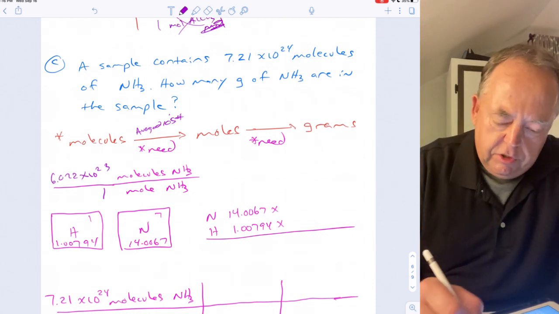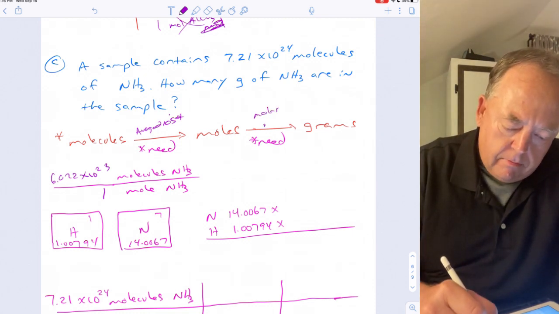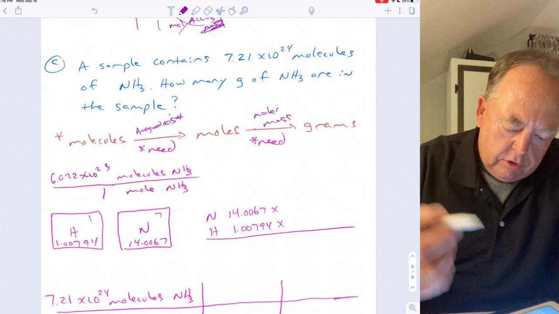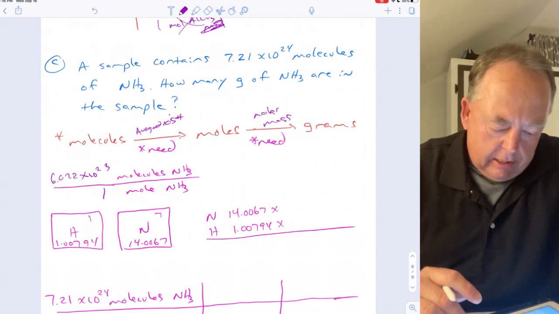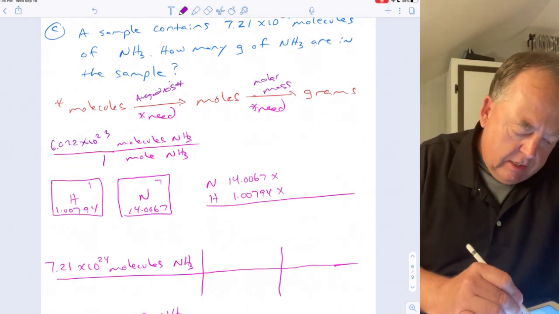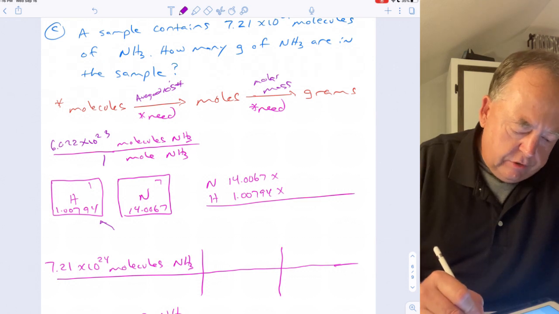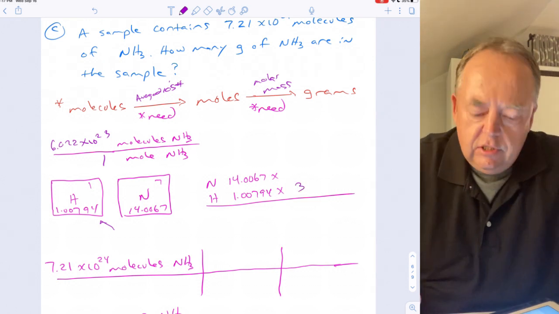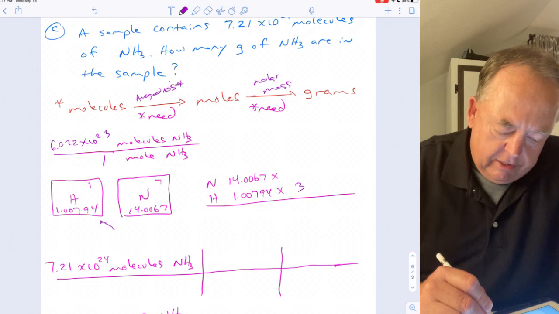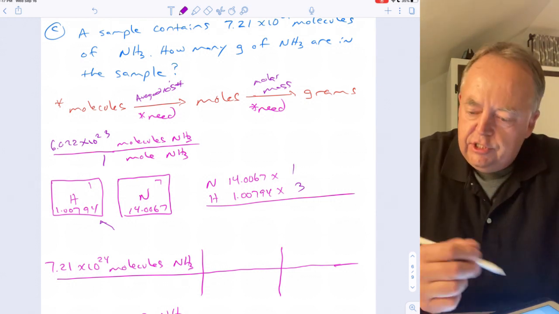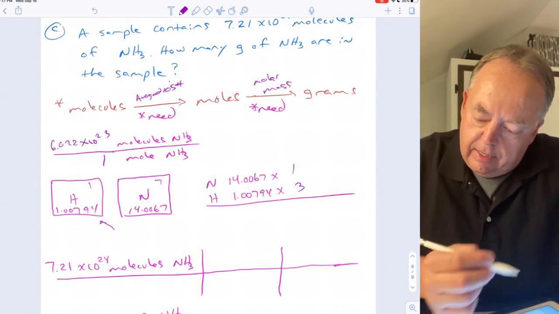And then once you have moles to grams, then you need molar mass. Since molar mass is not given, you've got to calculate it yourself. So get your periodic table. Hydrogen's 1.00794. There's 3 hydrogens in this molecule. Nitrogen's 14.0067. There's 1 nitrogen. So you add those up and you get